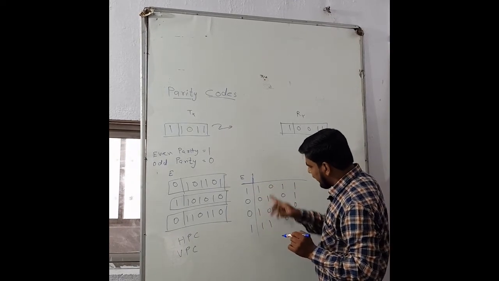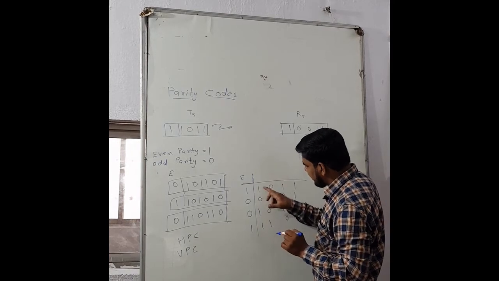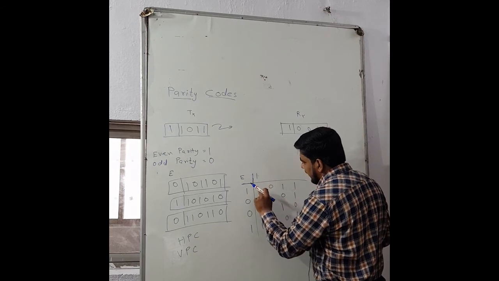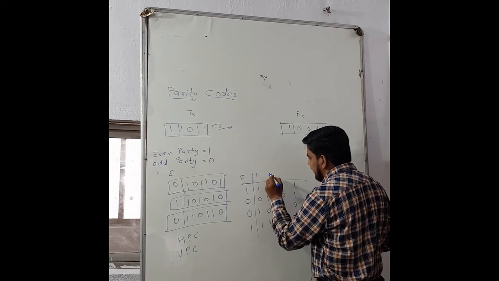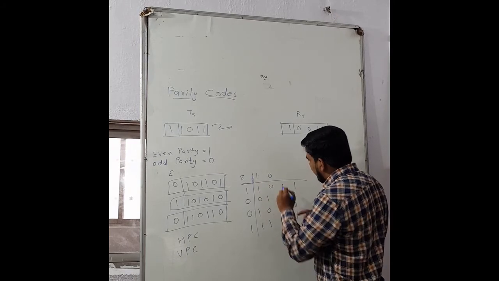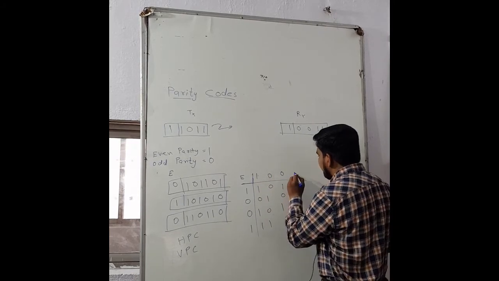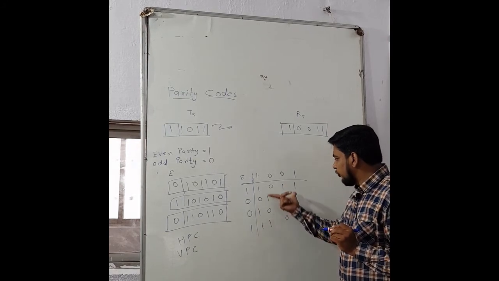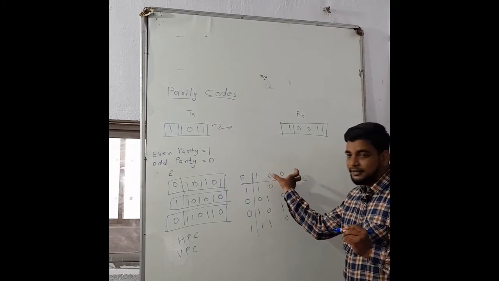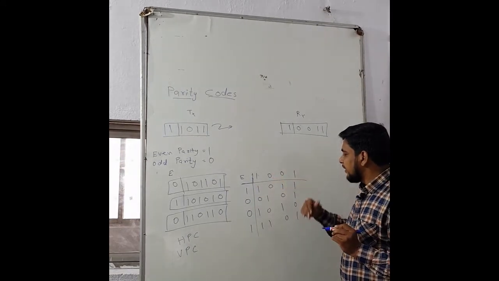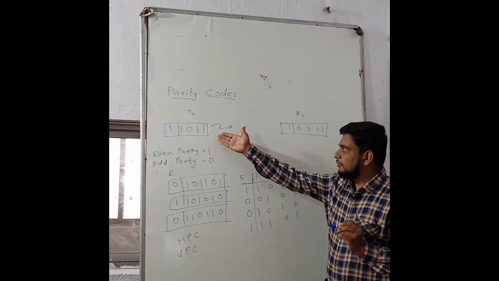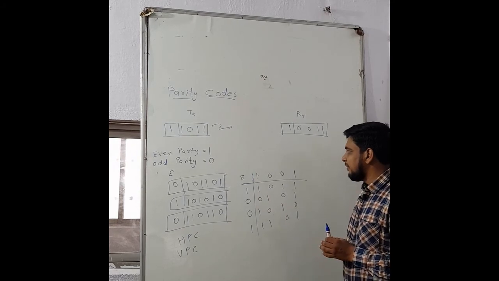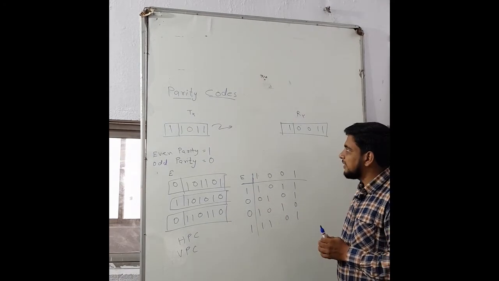Horizontally we have checked the parity, now vertically we will check the parity. So 1 1 1, 3 ones, the even parity bit should be 1. Here 2 ones, so even parity bit will be 0, 2 ones, even parity bit 0, 3 ones, even parity bit 1. In this way we can encapsulate the 4 packets with these 2 redundancies. In this way the data gets more secure compared to the basic method of parity checking. Horizontal and vertical parity checking makes it more efficient compared to the basic method.